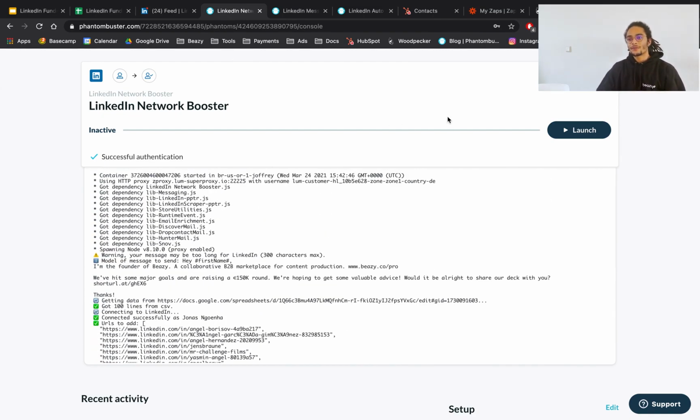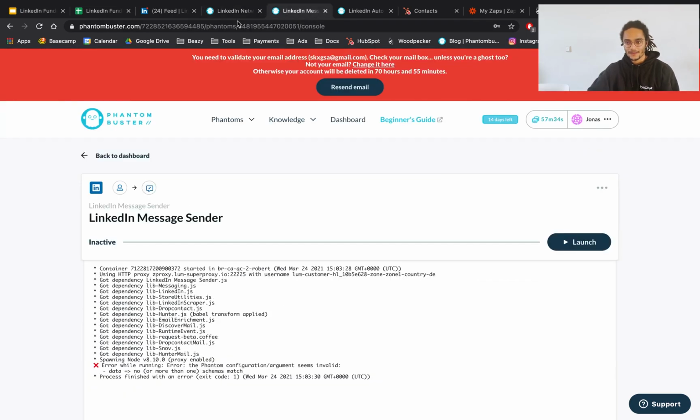So the thing is that we actually want to send a follow-up message, especially here using the message sender, because if they accepted you, the follow-up message can include a lot more text than just 300 characters. So that's where you can go crazy and actually drop all your bullet points and all your information and all your links, etc. So we do want to set up a second follow-up message that maybe sends a message, let's say, a week or two after the first one,